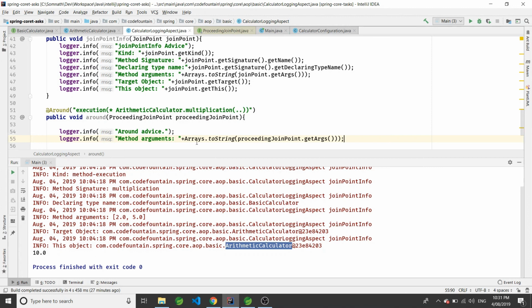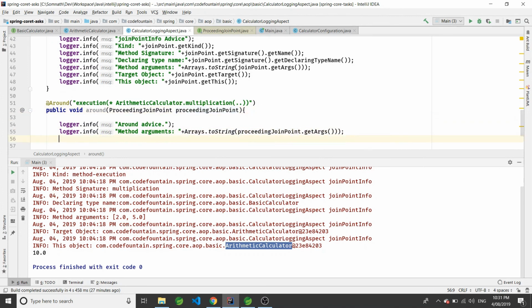Now there is one important point here. In ProceedingJoinPoint, particularly in around advice, we have the option of proceeding or returning from here. So let's say we just want to return a default method result. For example, here we have to change to Object because we will be returning some result.